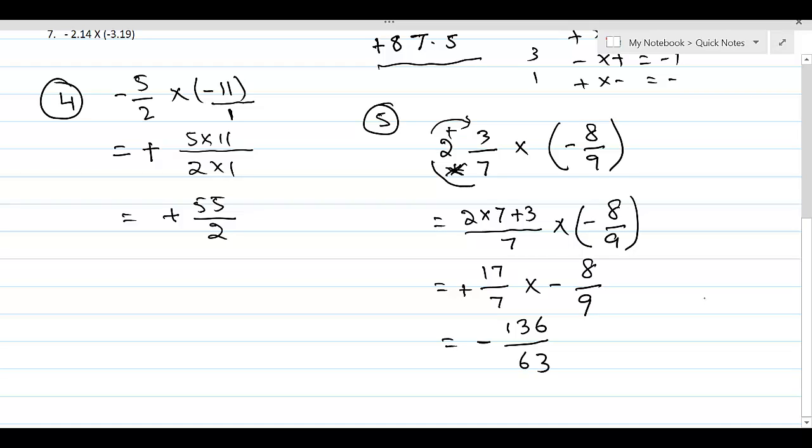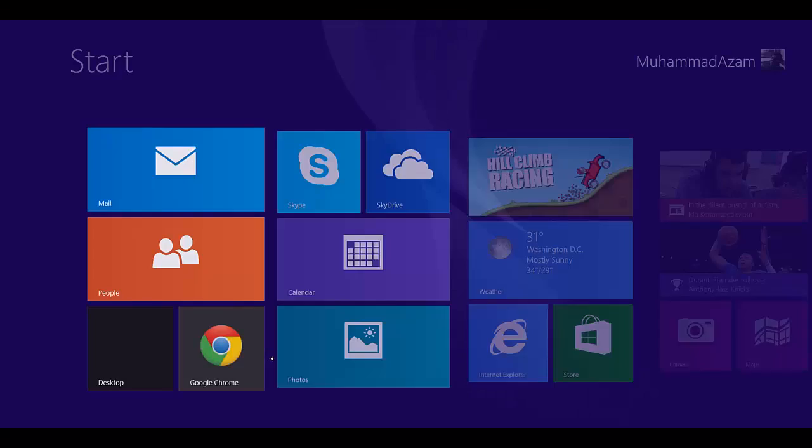If you want to calculate 17 times 8, you can obviously do that. 8 times 7 is 56. Write down 6 here. Let's carry 5 forward. 8 times 1 is 8, and plus 5 would be 13. That's how it became 136. Anyways, this is the answer for question number 5. And now question number